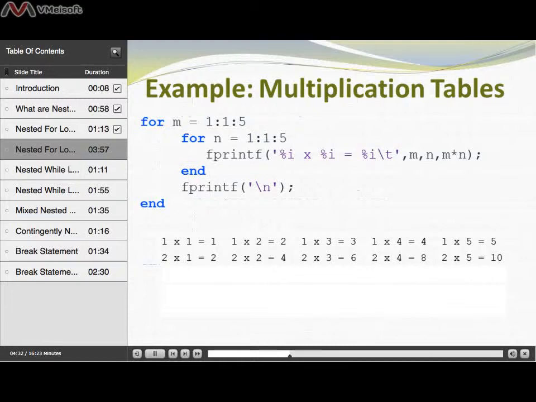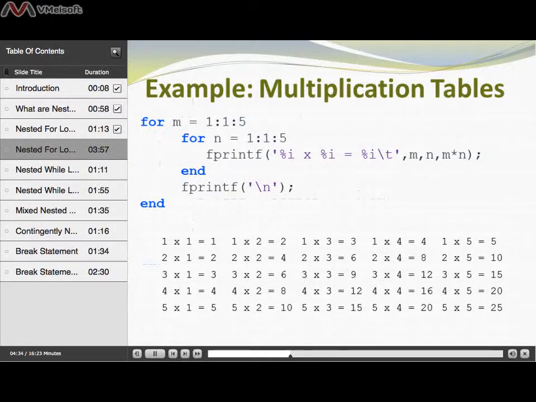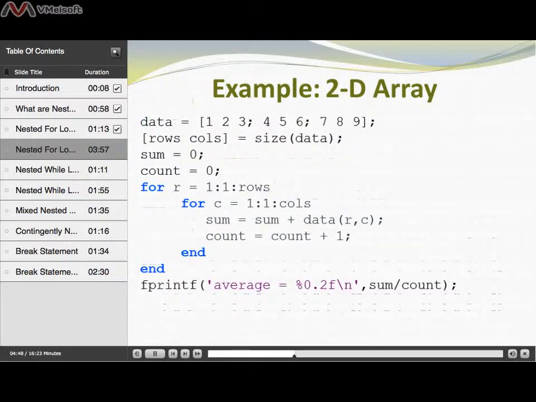So if we were to continue this process, we would have 3 additional lines where m becomes 3, then 4, then 5, and as we're going along these columns, we increment n every time we go through the outer loop once. So here we have another example of a nested for loop structure, but we're actually using it with a